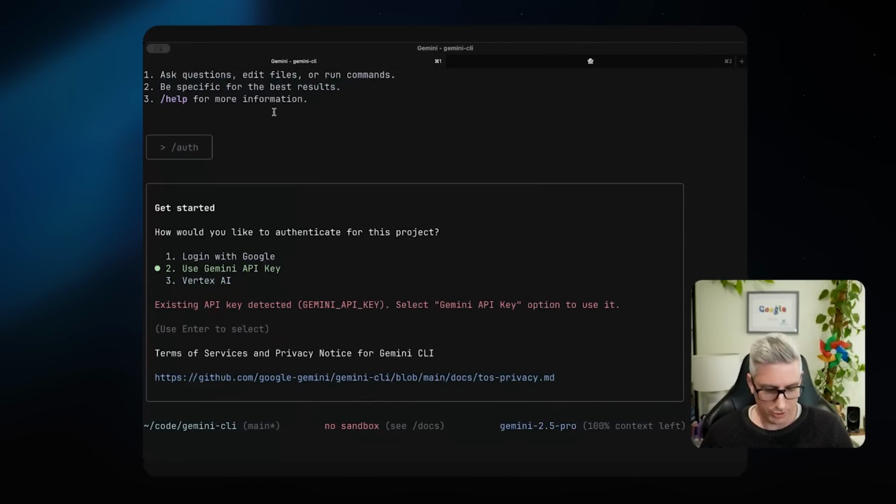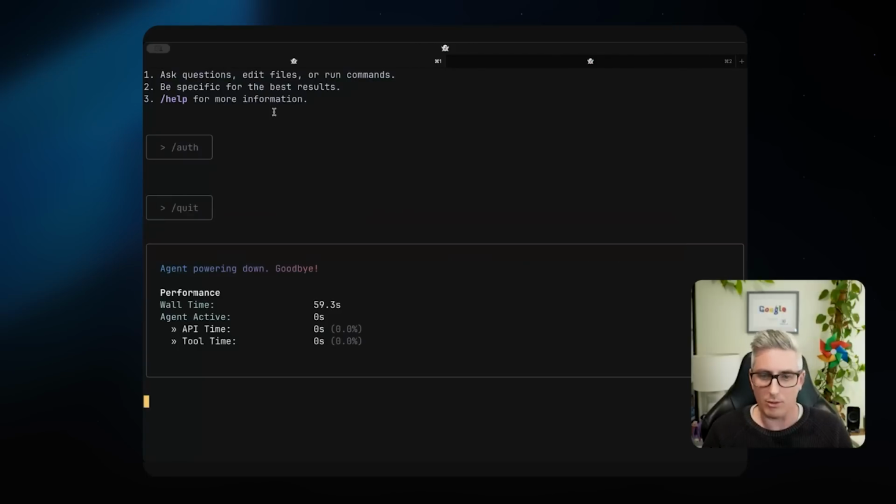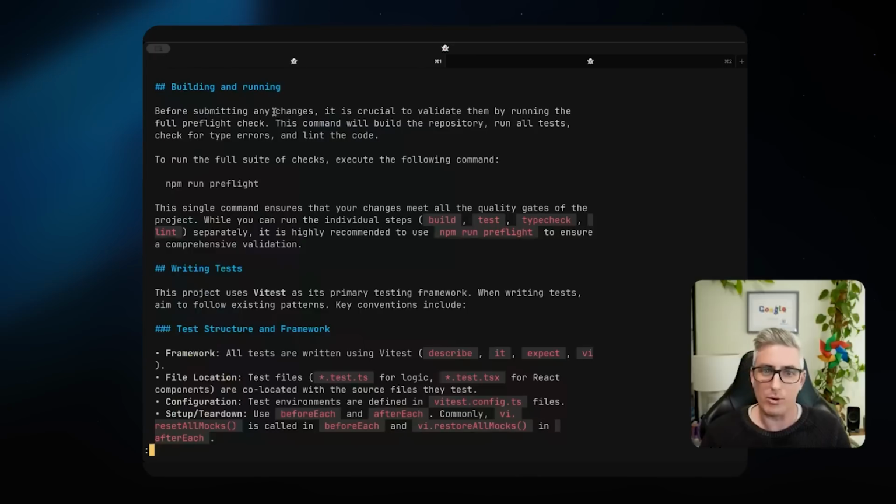Now, the first thing I will show you in the tool is not actually in the tool, it's these GEMINI.md files that we have. So these are like a set of pre-canned instructions that you can build for your projects or for yourself. I'm checked out in the Gemini CLI repository here, and the team has a Gemini.md file checked in. So this is like a reusable file that we can use across the team for everybody who works on the project regularly,